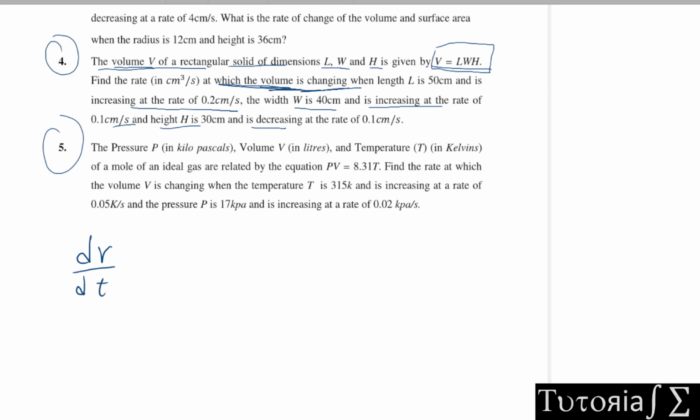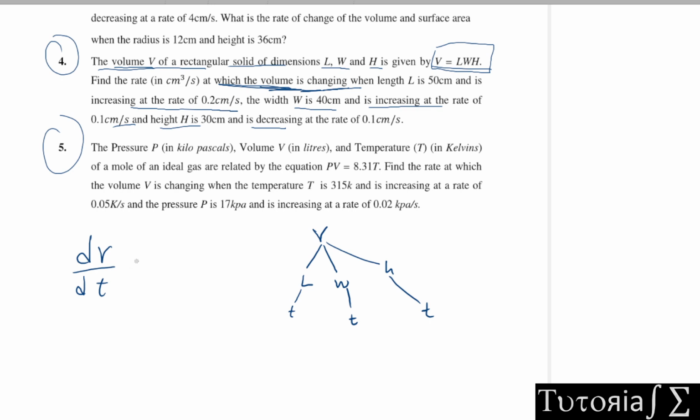When you look at the formula, V has three variables, that is L, W, and H. And L is changing with respect to time, so it only has one variable. W is only changing with respect to time, and H is changing with respect to time. So at the bottom here, we only have one type of variable, so this will be a